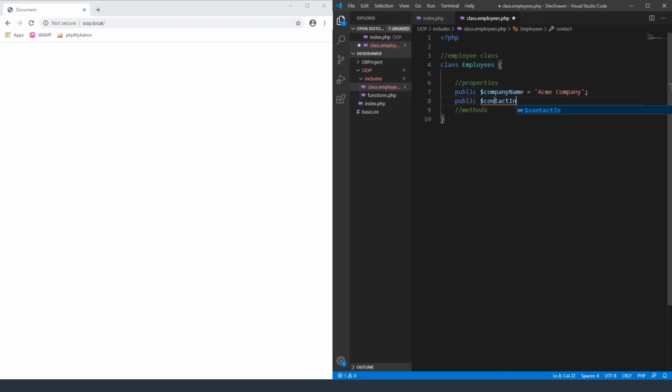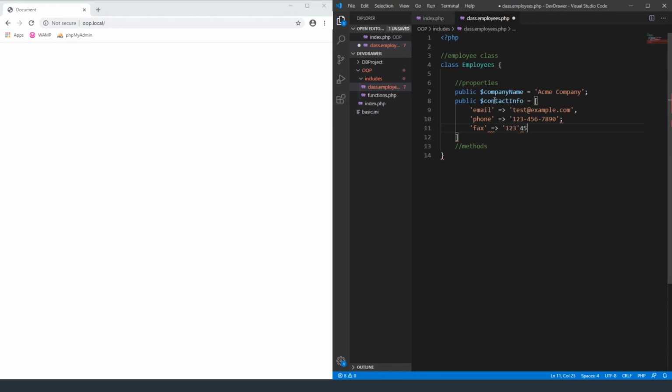So contact info, and this is going to be an array of data. It's going to be a variable that is an array. For the default contact information, we're going to do an email, and we're just going to set it at test@example.com for this tutorial. Let's do another one for phone, and it's just going to be 12345678990. And then lastly we'll do a fax,